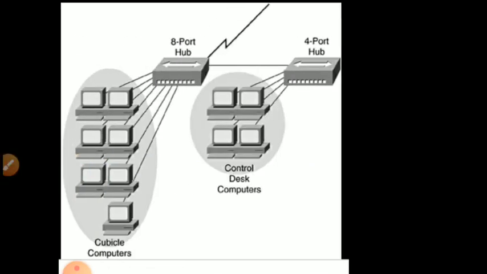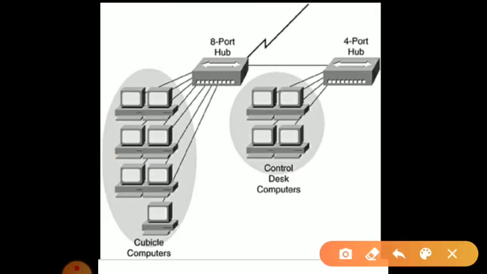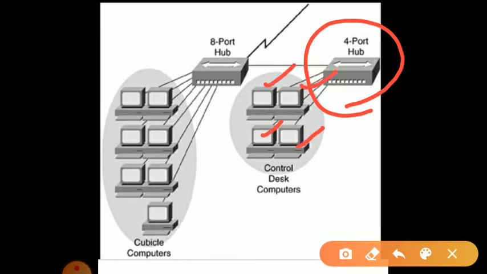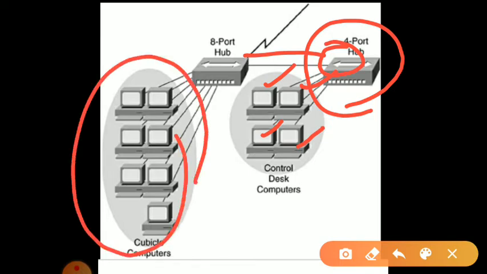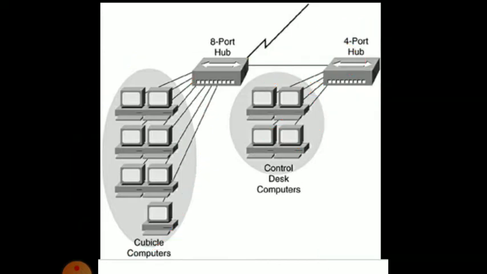Okay, look at the connections of hubs. The first one here is a 4 port hub. Through these, 4 different computers are connected, and if we connect the main hub to the other hubs, so here an 8 port hub, here we just connected 8 more computers. Like that we extend our networking or LAN.